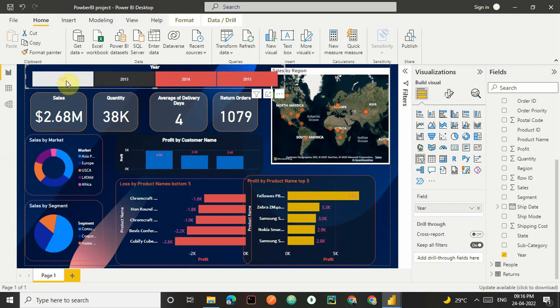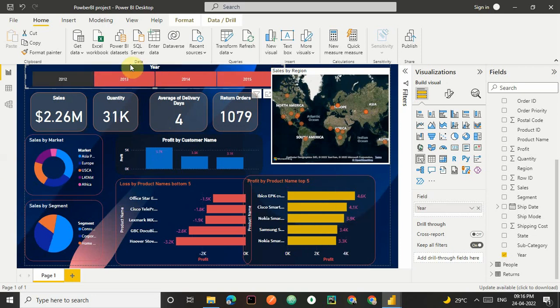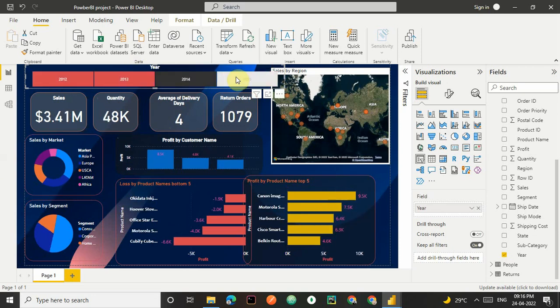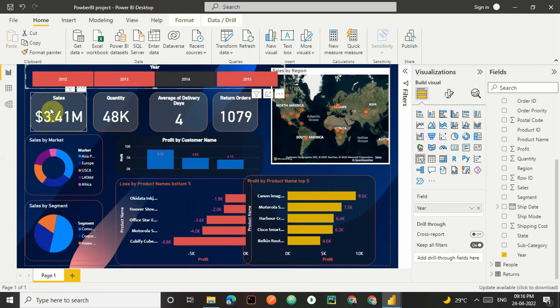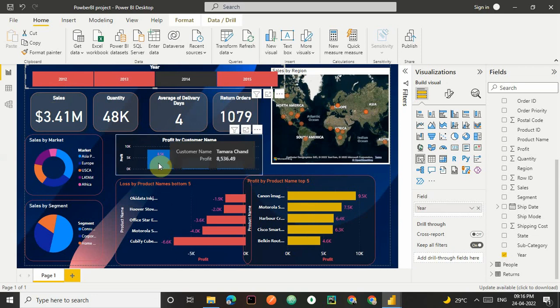Power BI project, according to this year, we can visualize the data. So if I click on the 2014, it will give me that 3.41 million sales quantity, average delivery date, return of orders, and the profit by customer name,